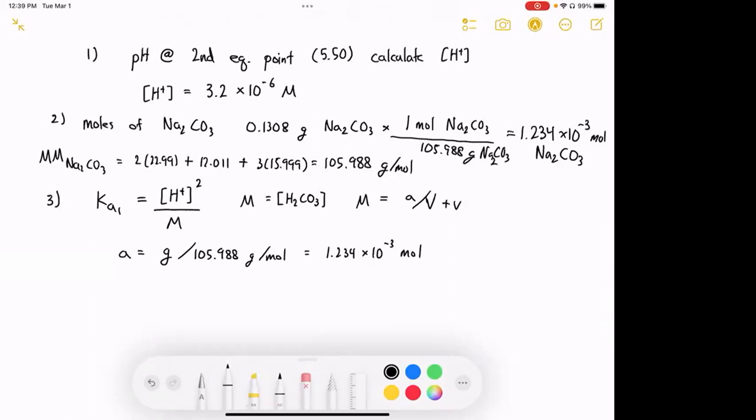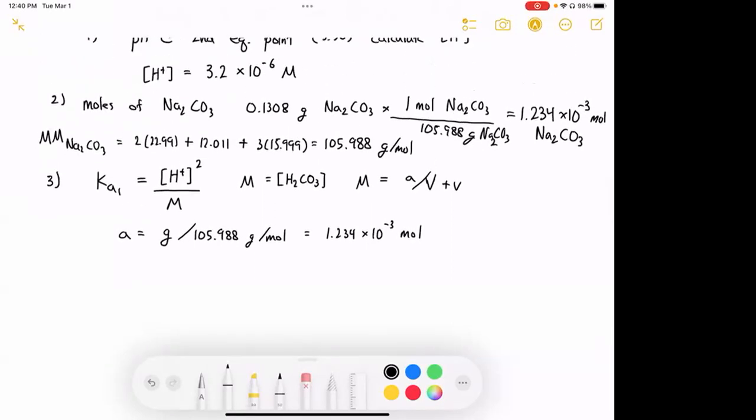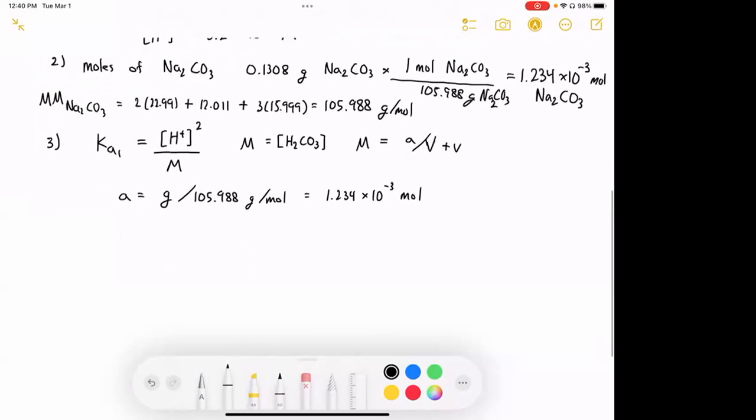The reason we do that is because that's the amount of carbonate that was originally present, and we know that the carbonate that was present turns into bicarbonate. So we assume all of it turns to bicarbonate, and then we assume that all of it turns to carbonic acid. And since the equilibrium expressions for the second one is so small, we say there are weak dissociation constants, right? So we could make this assumption that most of our molarity is in the carbonic acid form,